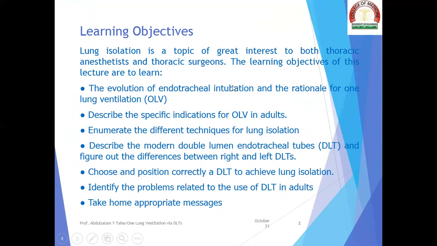The learning objectives of this lecture are to learn the evolution of endotracheal intubation and the rationale for one lung ventilation, describe the specific indications for one lung ventilation in adults, enumerate the different techniques for lung isolation, describe the modern double lumen endotracheal tubes, and figure out the differences between the right and left double lumen tubes, choose and position correctly a double lumen tube to achieve lung isolation,